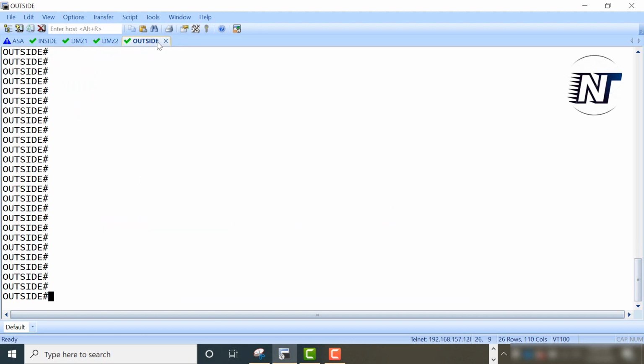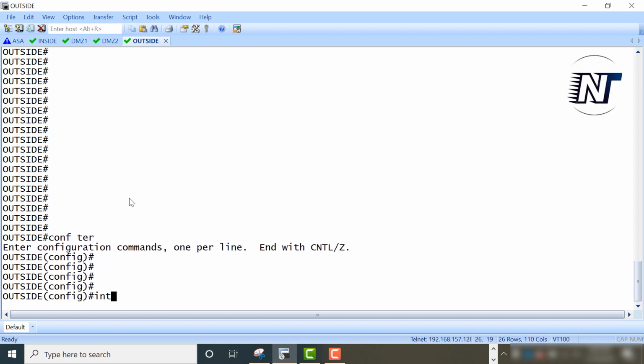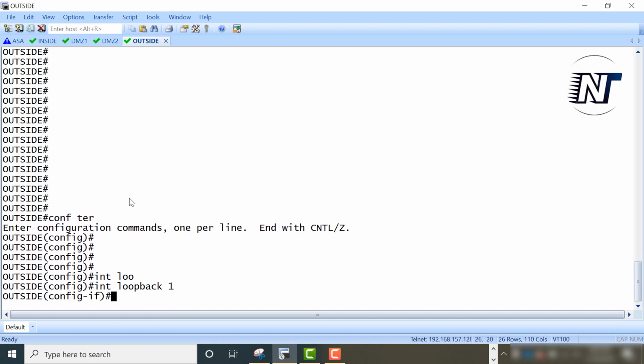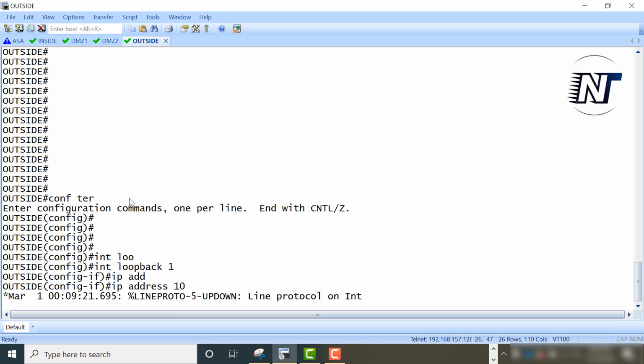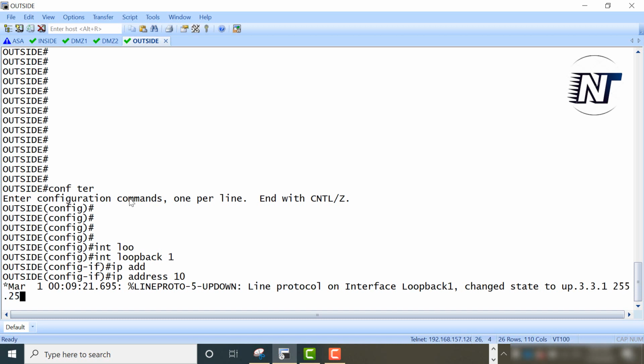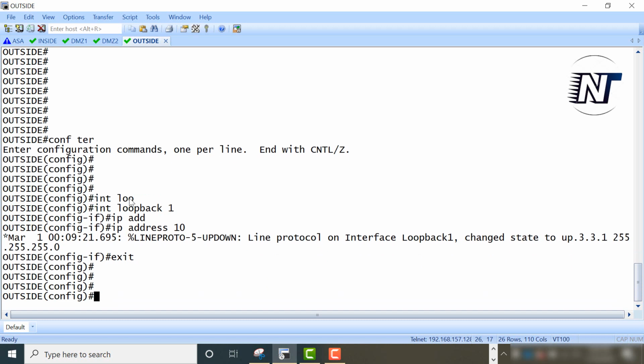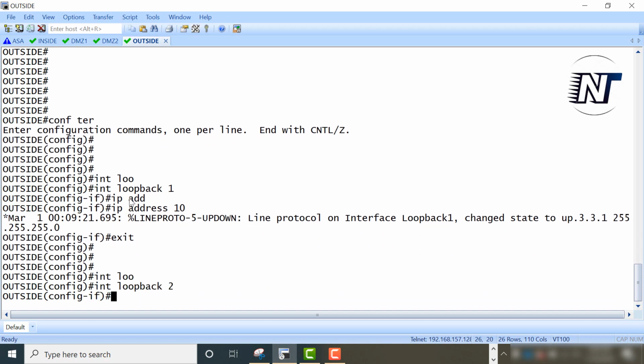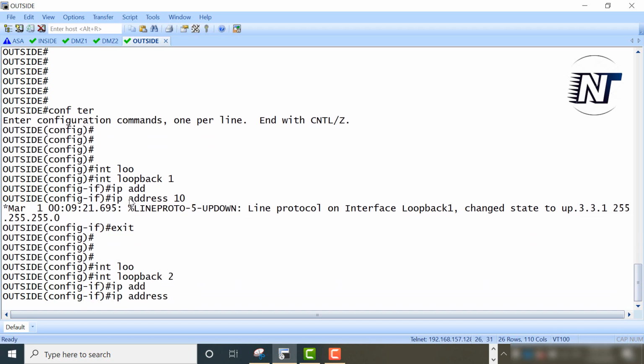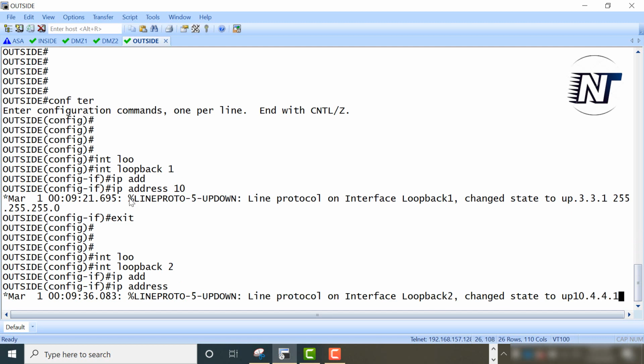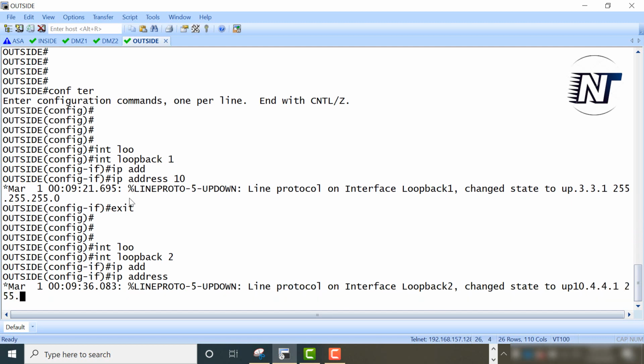Next we'll go to the outside network. Here also config terminal, interface loopback 1, IP address 10.3.3.1 255.255.255.0. Exit. Interface loopback 2, IP address 10.4.4.1 255.255.255.0.